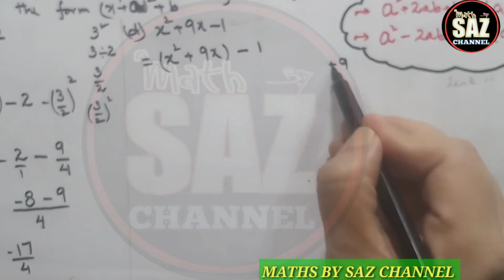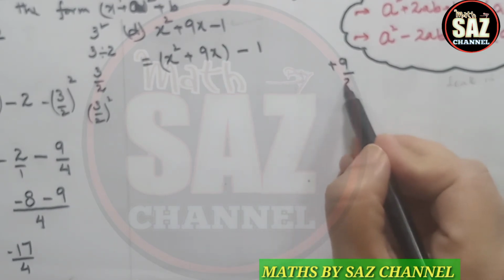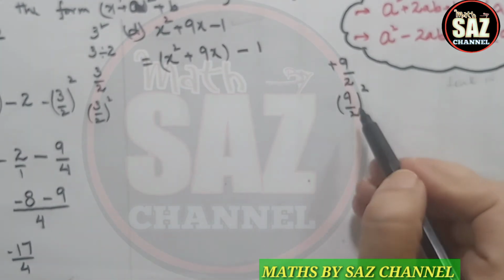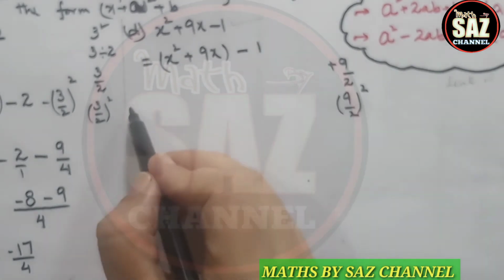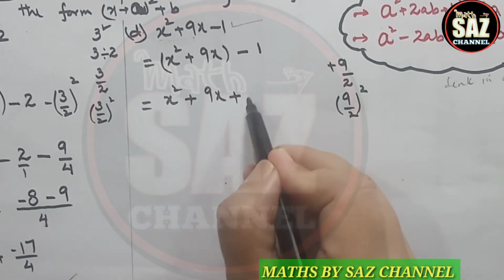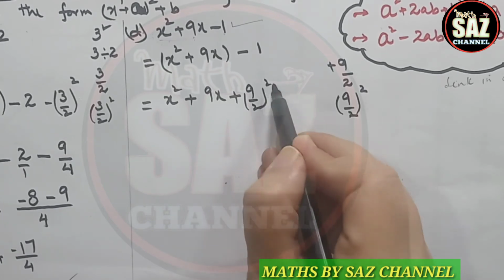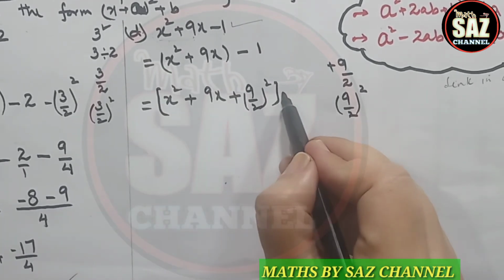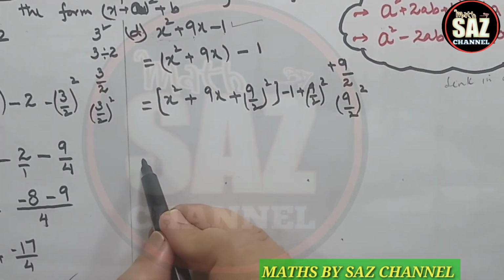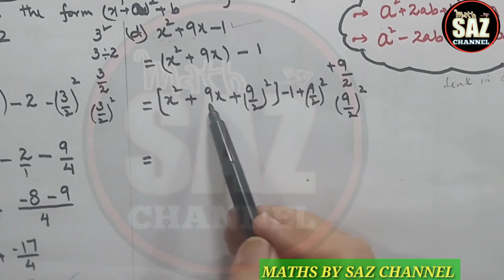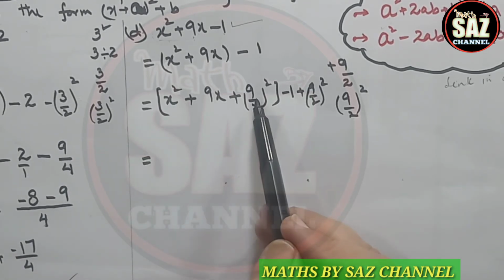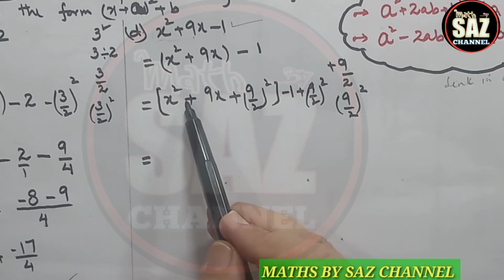Now after this I have to focus my attention on the coefficient of x, which is 9. I have to make it half. After making it half, I have to take the square of this half, and what I have to do with this square, I have to add and subtract this square. This will become x square plus 9x plus (9/2) whole square in one bracket and minus 1 minus (9/2) whole square. Now I can see that x square plus 9x plus 81 by 4, the first and third term are the perfect squares, and in between we have the plus sign.